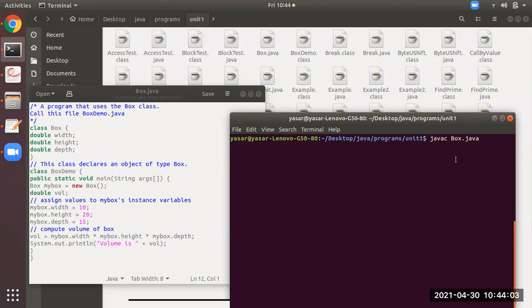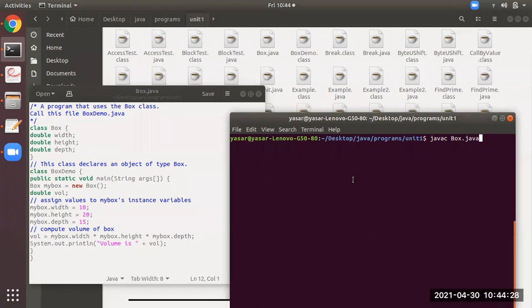You see here on the command prompt, and I'm pressing enter. Within a few seconds you see there is only Box.java available here. But as soon as I compile this file, one Box.class will be generated. I am explaining this part now itself. Afterwards I will not explain, because for every class program you compile, it will generate one .class file. So you have to remember this.